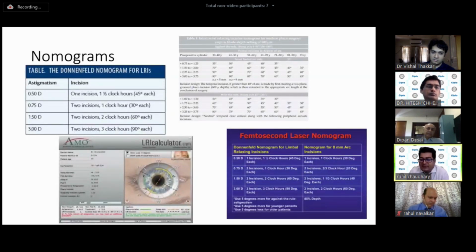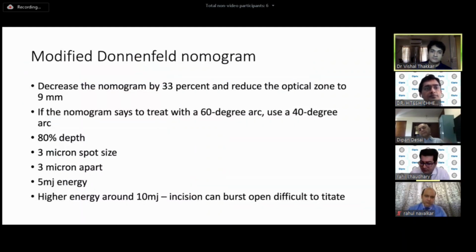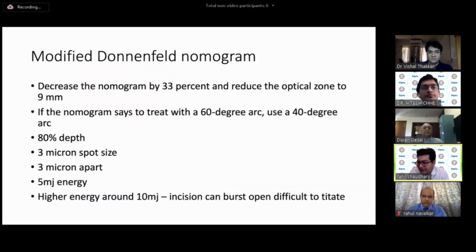Now, how to put these femto LRIs? We have multiple nomograms. We have the Donnenfeld nomogram, we have the Nichamin nomogram, we have the LRI calculators. There are multiple nomograms available, but some nomograms people find difficult to follow. So I think the Donnenfeld nomogram is the most popularly used. However, now people have come up with their own nomograms with their own calculations to give you results as accurate as possible. So I am using the Donnenfeld nomogram, and we have tweaked the nomogram a little bit for the femto